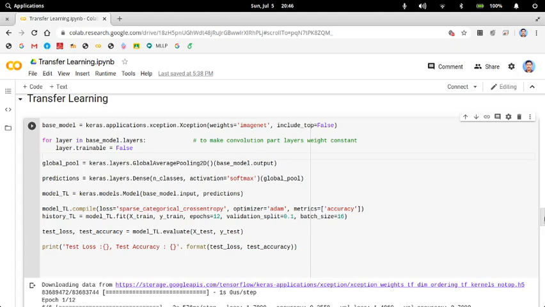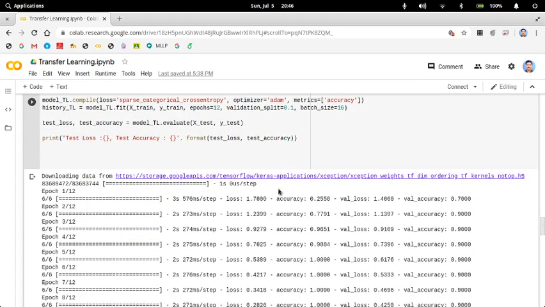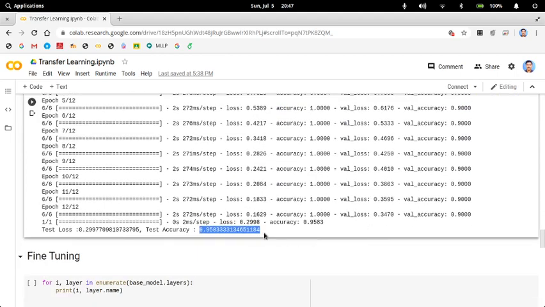The reverse is also possible: you make this trainable and you put your data on top of it, then that many layers will be trained. If you say this many layers are to be trained, you open the weights from Xception from Google APIs and use that. Using that you run some number of epochs. Once you do that, you get this accuracy.